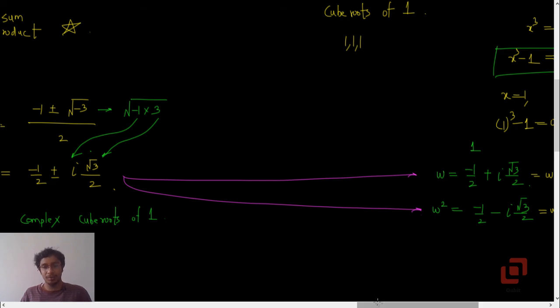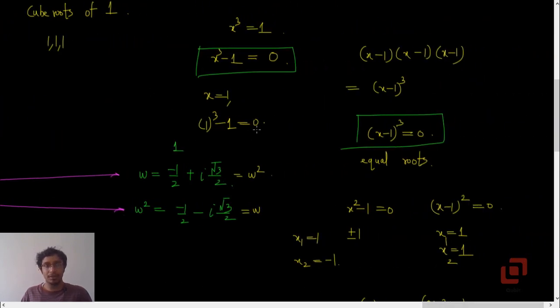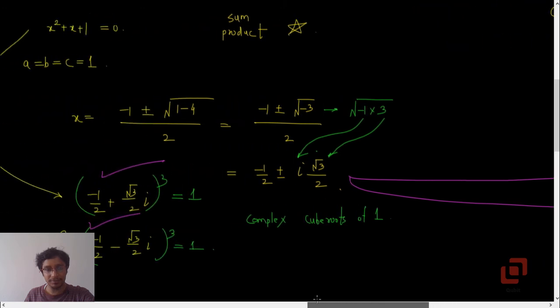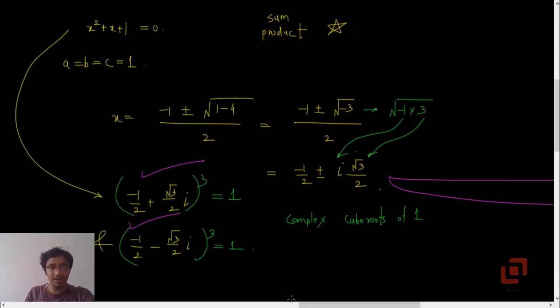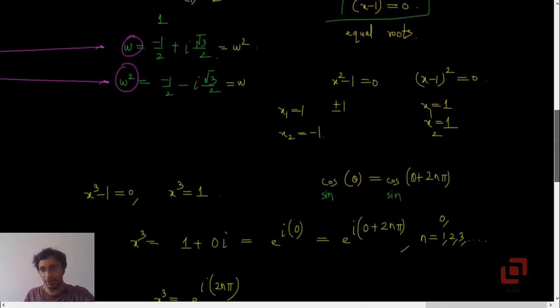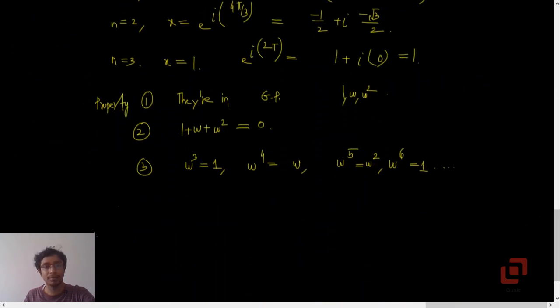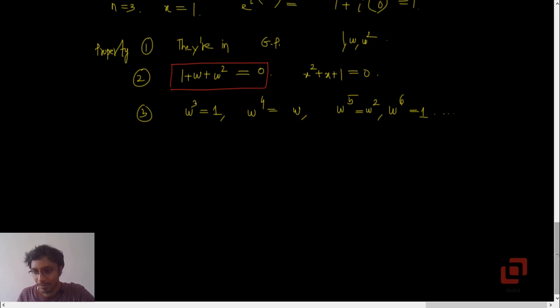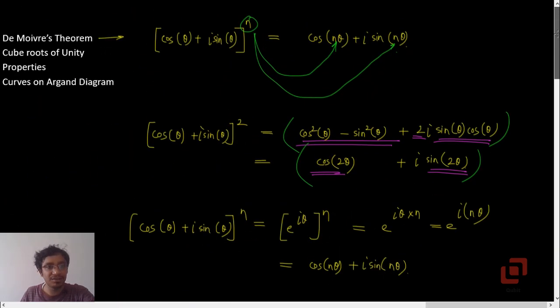Okay, so you may call these the complex cube roots of unity. Now by complex cube roots I mean these two. Okay, you may say that these are actually the roots of which quadratic equation? 1 plus x plus x squared, and that is how we get the following property. Sum of the complex cube roots of unity is 0. The corresponding quadratic equation is x squared plus x plus 1 equal to 0. Okay, so that completes the cube roots of unity and their properties.